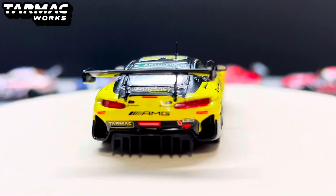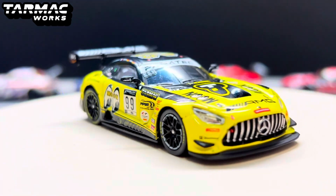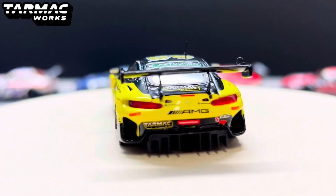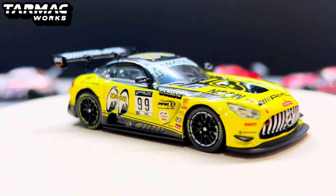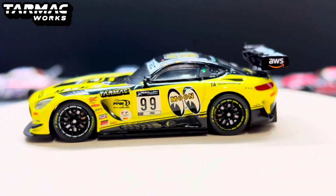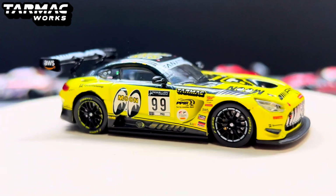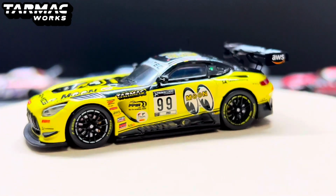Now this is very, very nice. Now not to say that it's because it's Moon Eyes, of course. I have reviewed previously a couple of Moon Eyes cars, but they are not from Tarmac Works. They're mostly from Hot Wheels. I would say Tarmac Works did a good job in replicating, but the actual livery itself is actually pretty good,